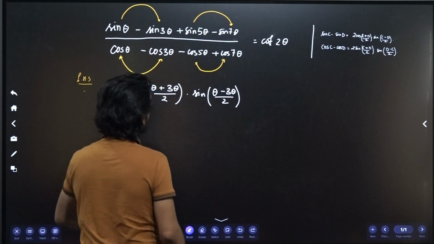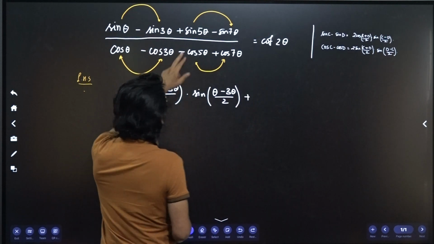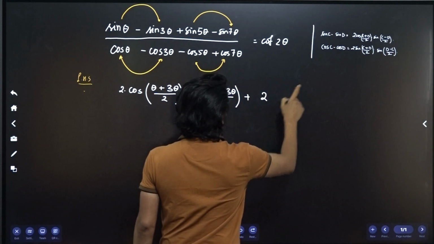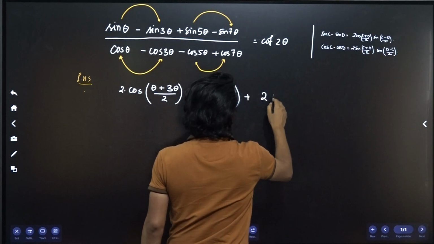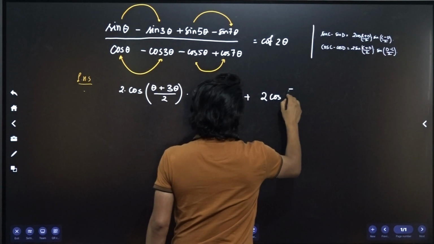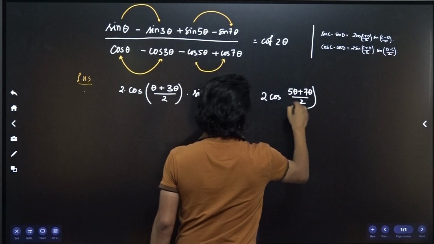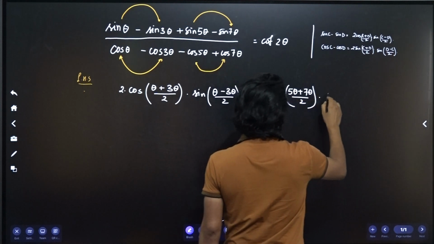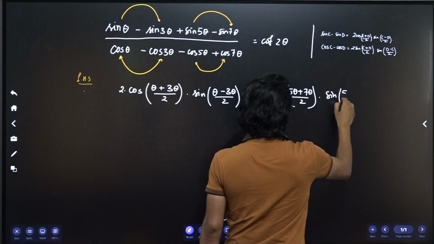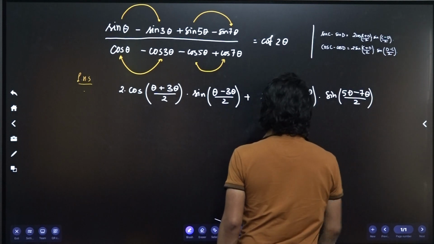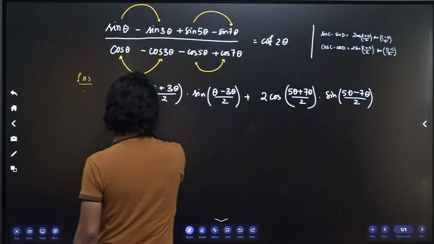That's what it is equal to. Plus 2 cos (5 theta plus 7 theta)/2 into sin (5 theta minus 7 theta)/2. The whole divided by